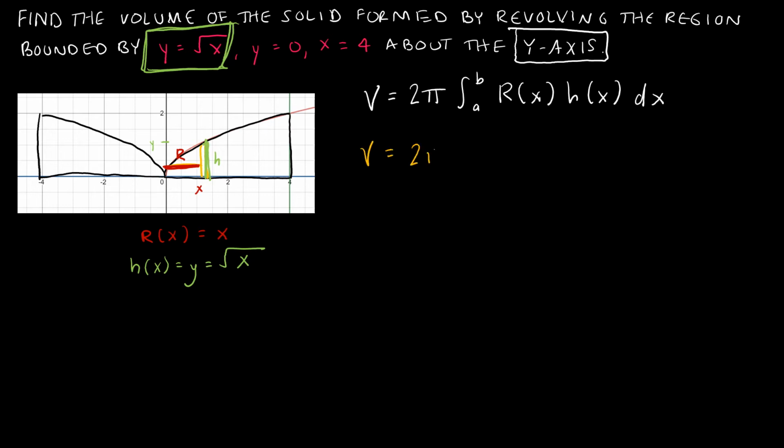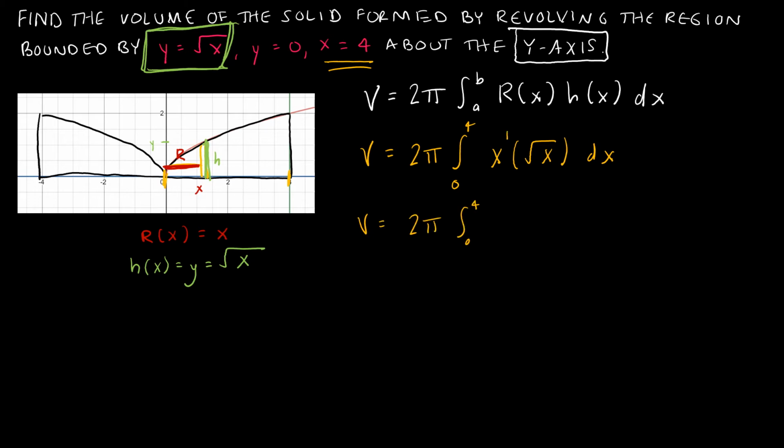The volume is 2 pi. From a to b, remember I'm across the y-axis, but I'm differentiating with respect to x, so it's from 1 to 4. Again, that gives me, from 0 to 4. R of x is x. H of x is radical x, or root x. Doing some simplification,